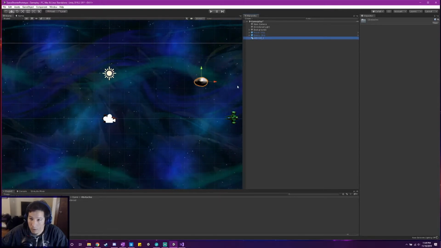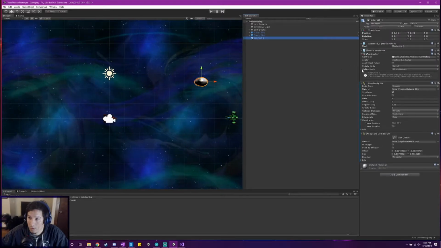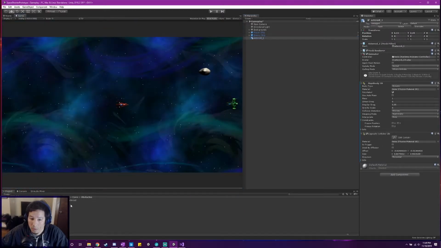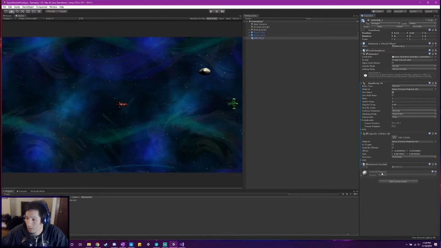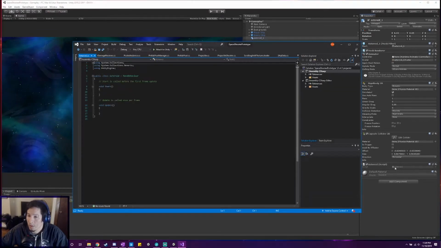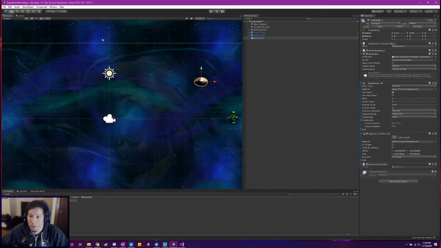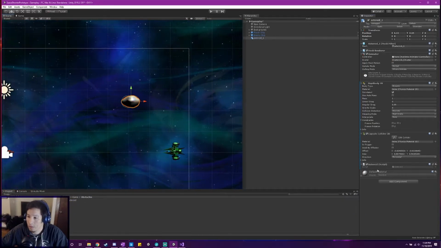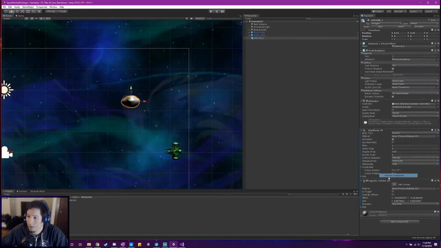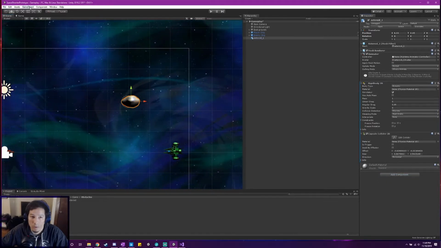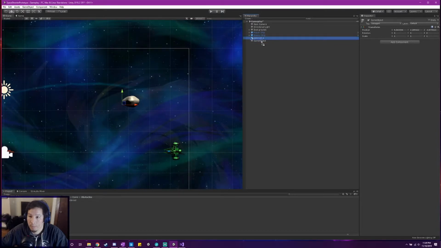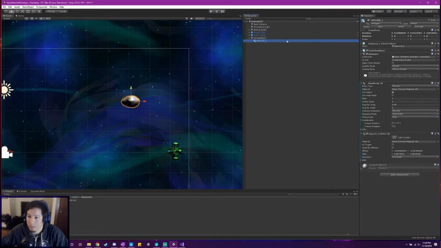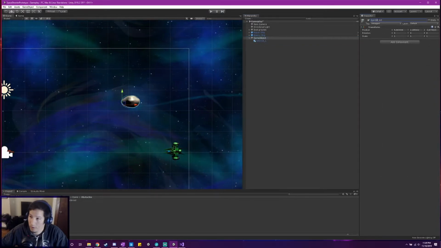And then here, we can go and just add this. And all we're going to do is, first off, let's remove this. We don't need this yet. We want to actually create a root object,